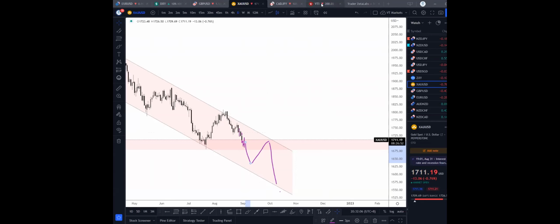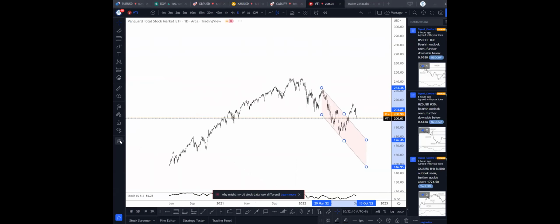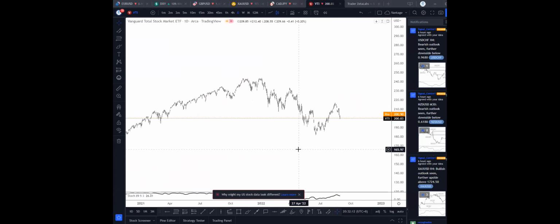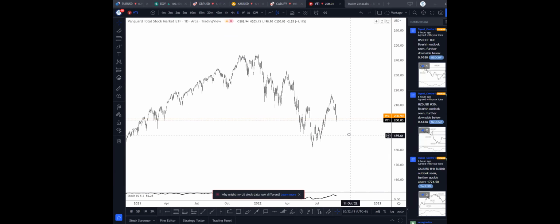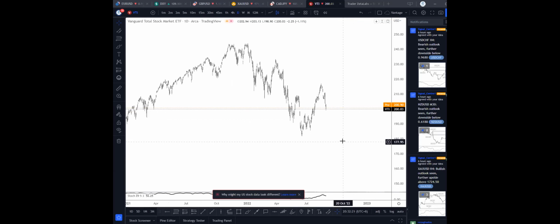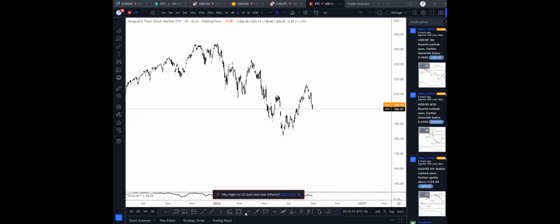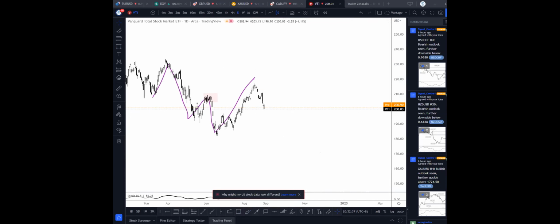Actually, if you look at VTI, right, for equity. So VTI is basically the total stock market ETF. It looks at, I think, 5,000 stocks across the US markets. And what we're seeing here is this downward move, right? So this is the lower high, lower low, lower high, lower low, and it breaks above this high. So technically, you can say this is a bullish move, but there was a warning by the Federal Reserve that